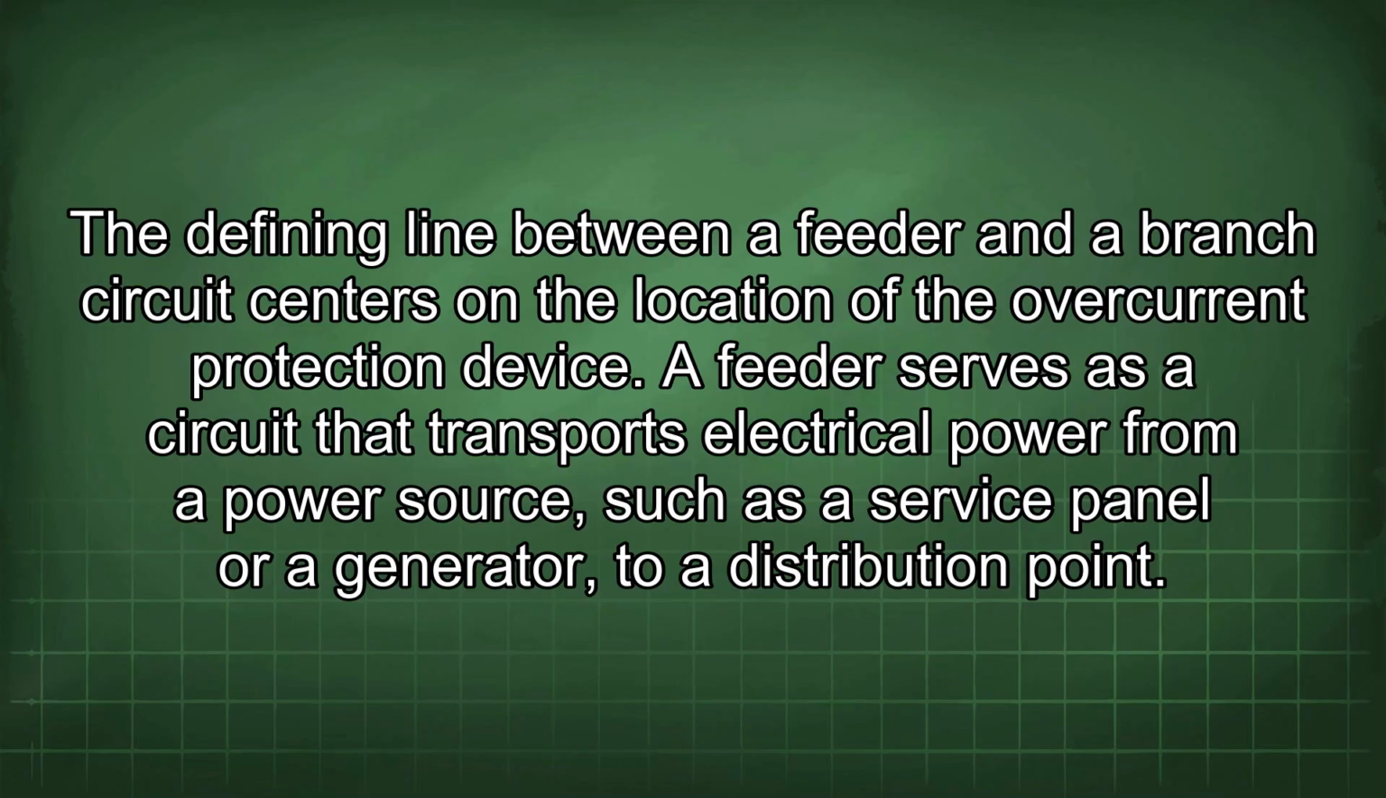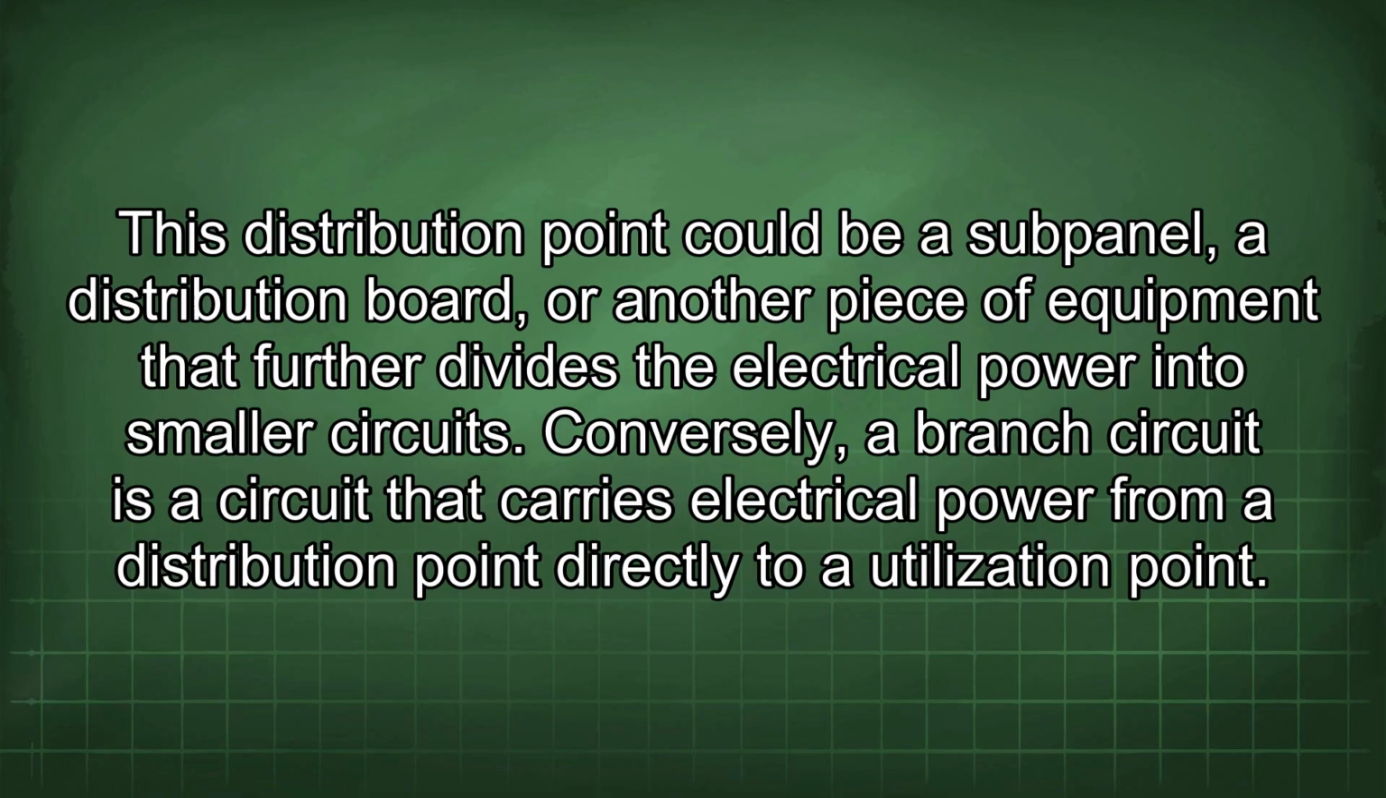The defining line between a feeder and a branch circuit centers on the location of the overcurrent protection device. A feeder serves as a circuit that transports electrical power from a power source, such as a service panel or a generator, to a distribution point. This distribution point could be a subpanel, a distribution board, or another piece of equipment that further divides the electrical power into smaller circuits. Conversely, a branch circuit is a circuit that carries electrical power from a distribution point directly